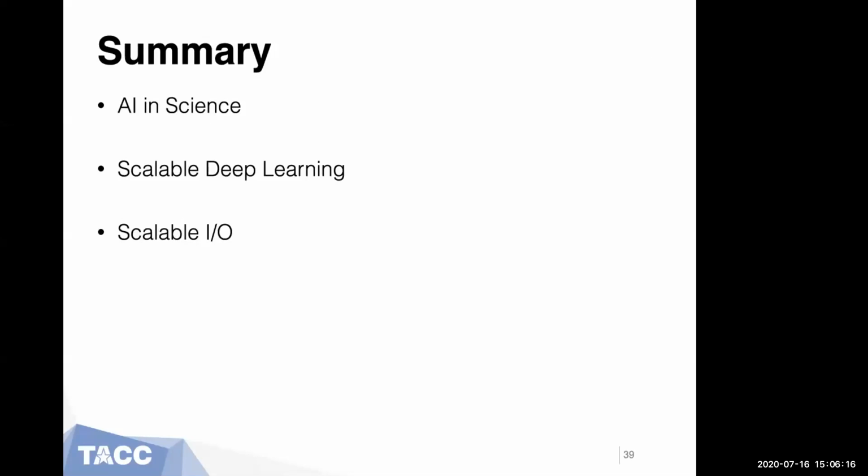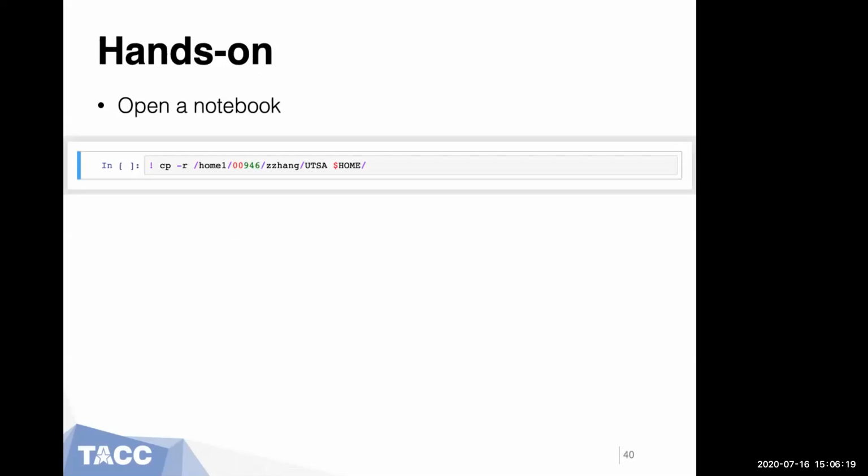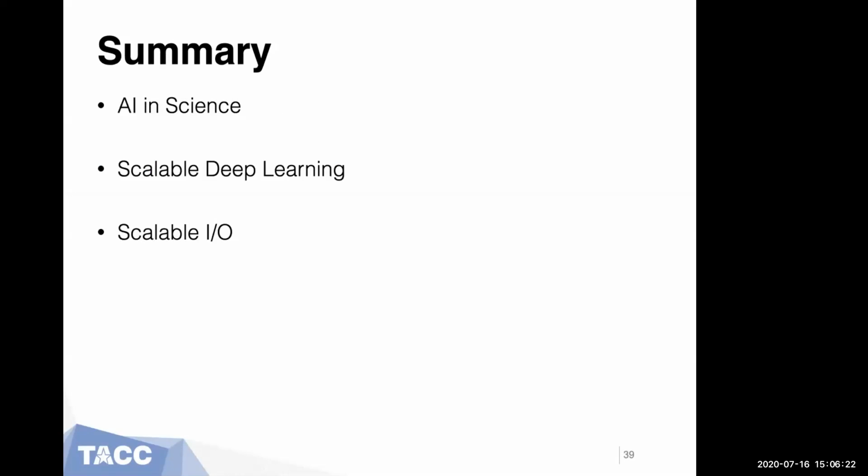Okay. Cool. To summarize my talk, we talked about how AI can help scientific research, and how you can formulate your own research into an AI problem. And second, we talked about scalable deep learning, as we talked about different distributed training paradigms. We talked about optimizers. We talked about some techniques to help you scale training across nodes, right? And the third part is scalable IO. We briefly introduced why IO is a problem, and how we solve it